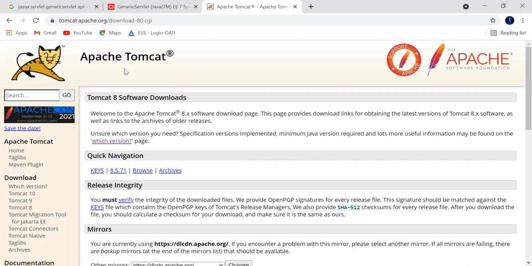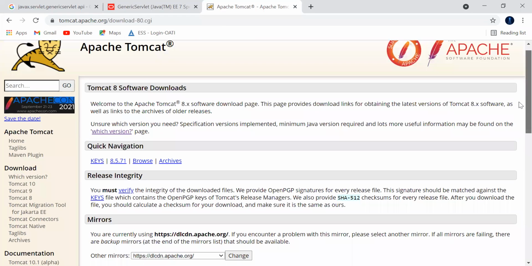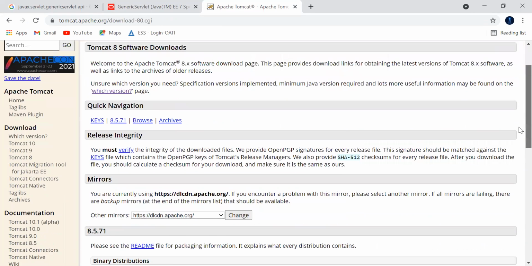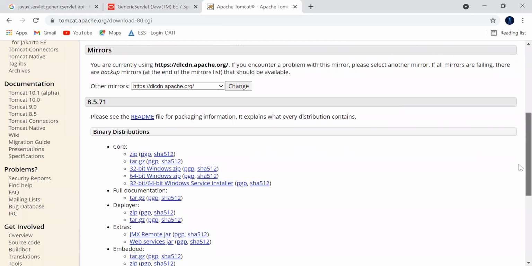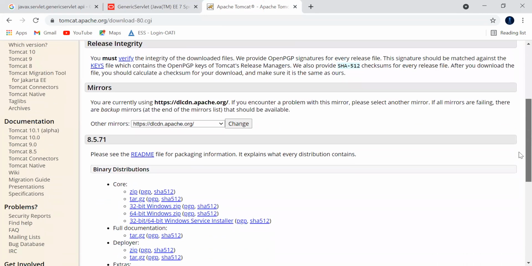Apache Tomcat is a web server. Of course, it is also an application server, but just remember that for now. Now your requirement is only a web container. What is a web container, guys? A web container is nothing but the implementation regarding your web application related stuff.